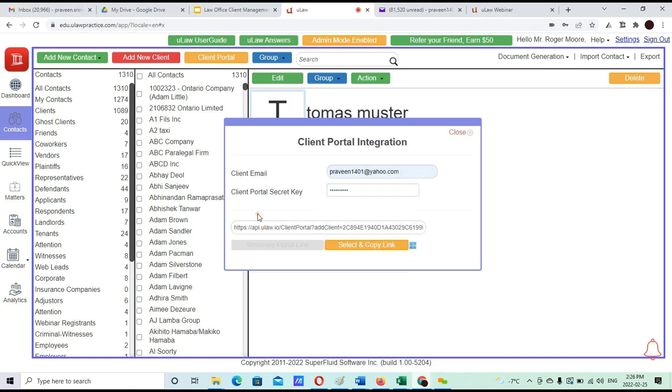And right away there's two components that have already been created. And this is secure, as you can see, HTTPS. It's within the uLaw system. It's just an extension of the uLaw platform, like how this is uLawPractice.com. This is uLaw.io, right? Now, either you can copy this link,